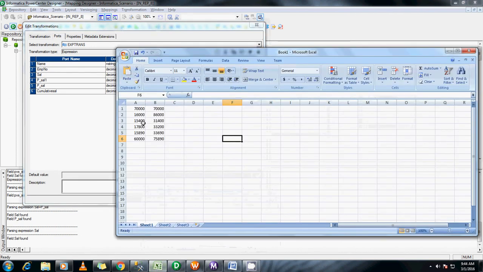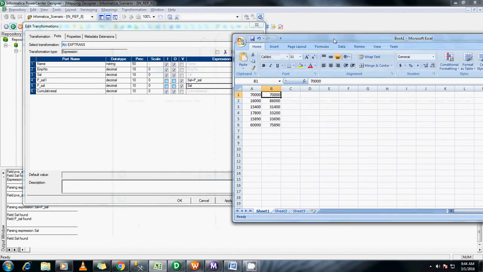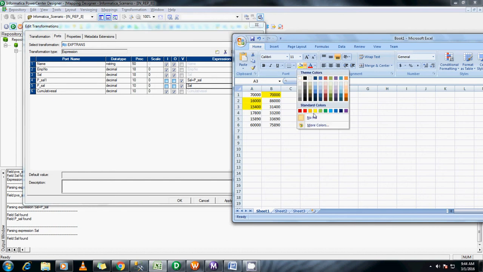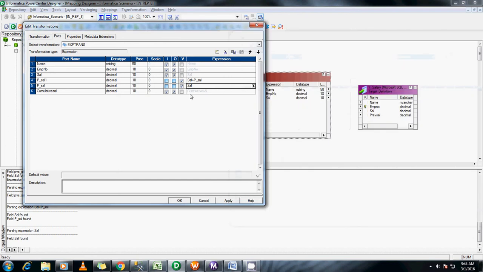The same data I have taken in the notepad here. Initially this is the salary and this is the previous salary. There will be no previous salary for this because I have selected the previous salary as just the salary. In the beginning the salary doesn't have anything, so the same amount of salary will be present here also. In the second record, the salary would be 60,000 and the previous salary would be this 7,000, so the total sum will be 86,000, the sum of these both. Next, it takes the salary, which is this, and sums it with this, and we get so much. So this is how it calculates here.